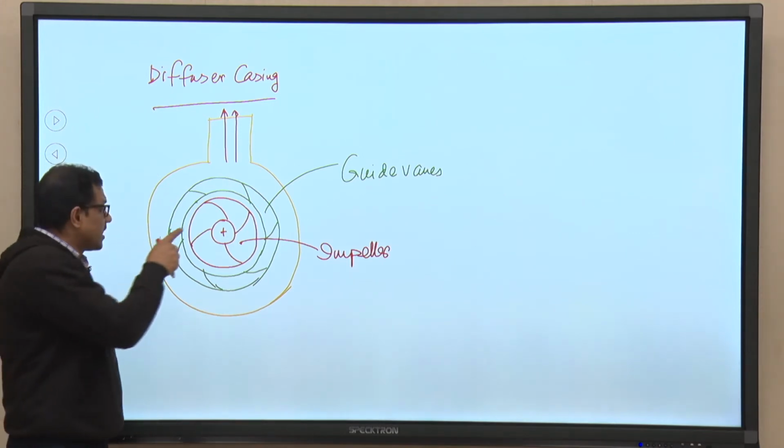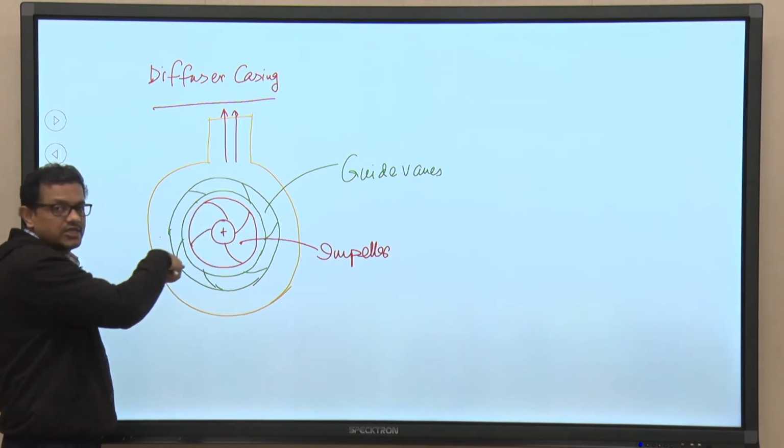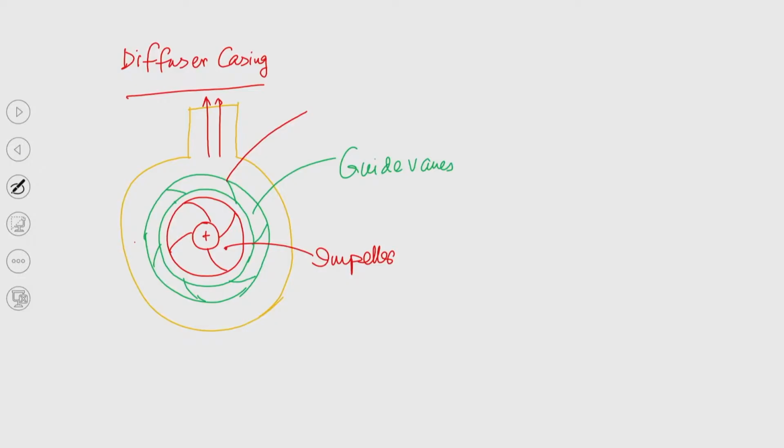So, the first thing is that the impeller is surrounded by a wheel which is known as guide wheel. So, I will be writing this is guide wheel,